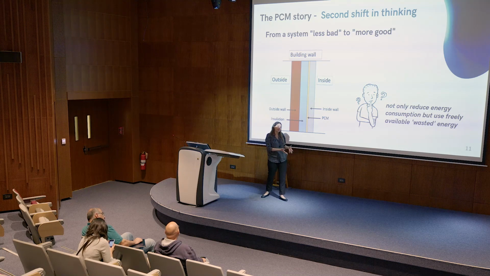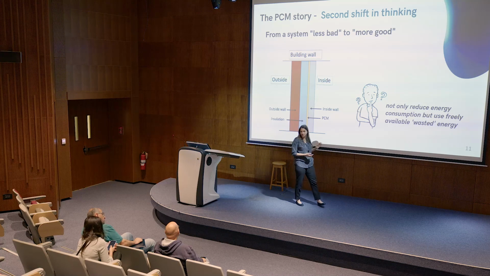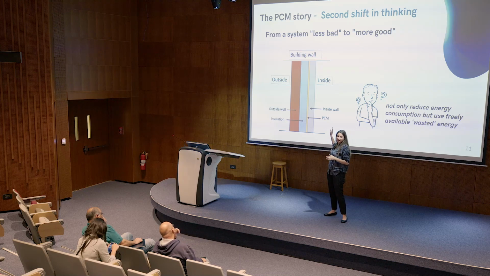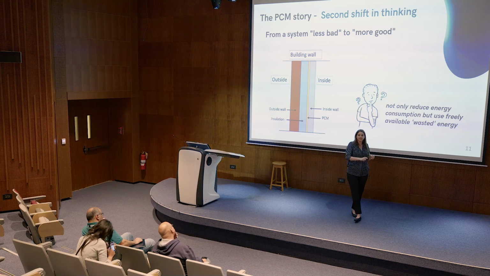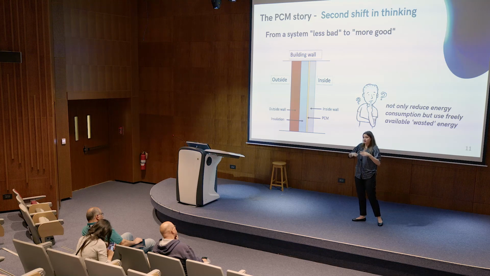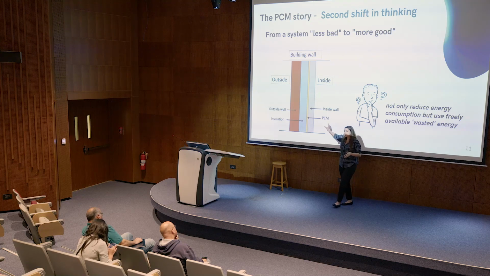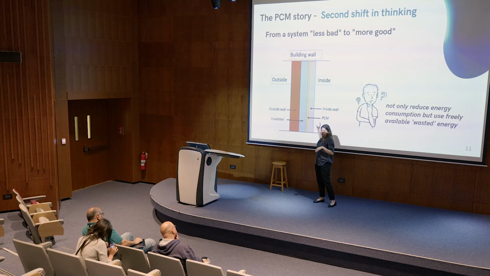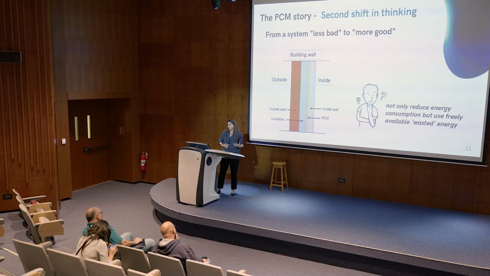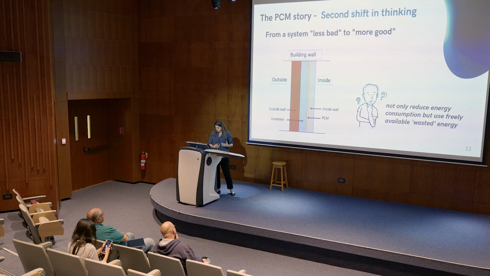Then someone will come and say, okay, let us take away the insulation material from the beginning. That was not a good design as well, because phase change materials, when they're not changing their phase, when they are in the solid or liquid state, are bad insulators. So they cannot take the role of the insulation at all times. They can be helpful when they are changing the phase. So the best option is, why not move it around? Why not create a system that is dynamic, where the location of the phase change material can change